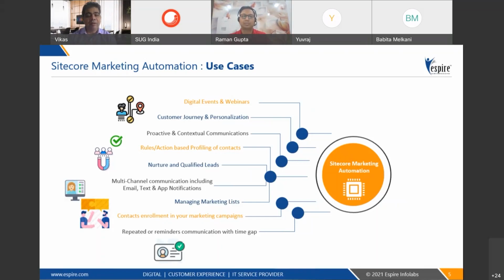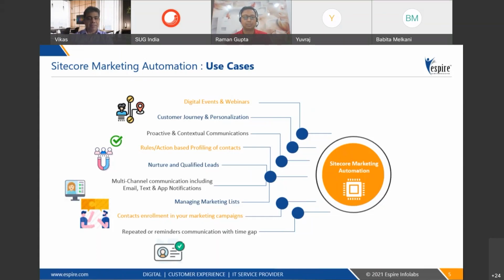Right? And we can profile our contacts as well using Sitecore marketing automation, because you can simply add a profile to a user based on a certain action. Like if somebody has watched a video for 10 minutes of a particular type on our website, we can profile a user to a particular type. So that can automatically be done using marketing automation. Sitecore has a concept of engagement value. So we can play with the engagement value to nurture and qualify our leads that are coming on our multiple